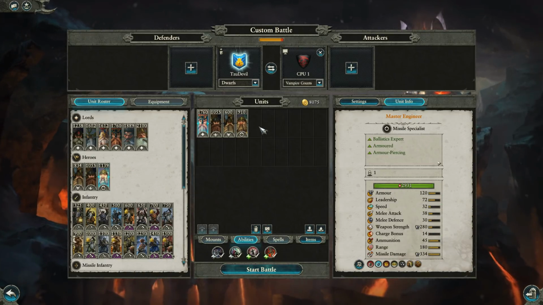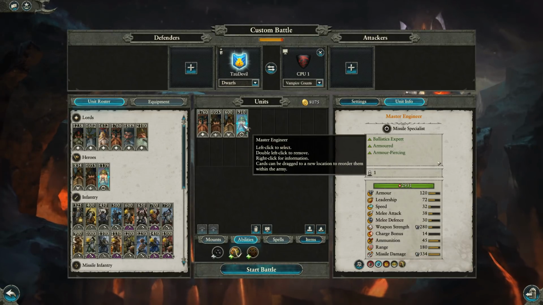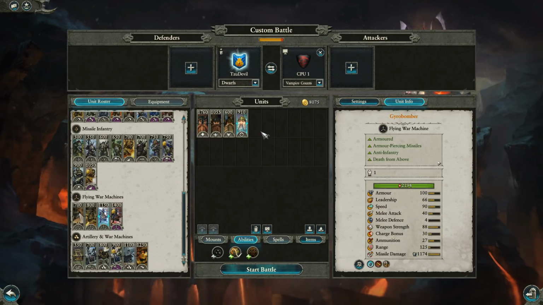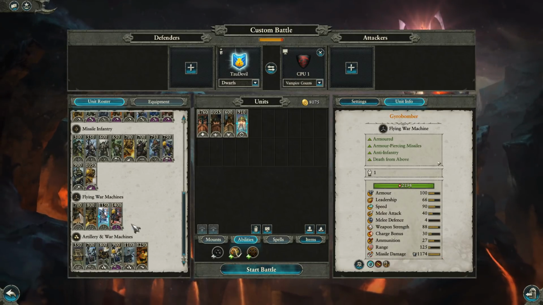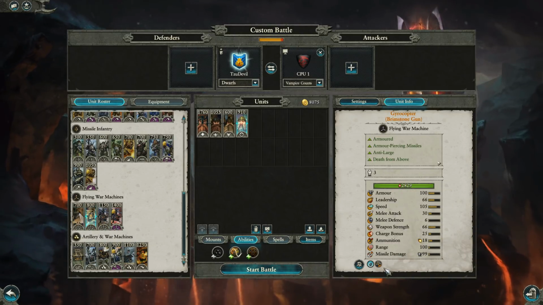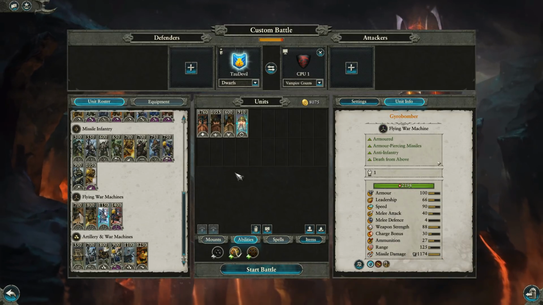And eventually, I can't remember who suggested giving the Master Engineer the chance for a gyrocopter mount, but boy, oh boy, would that be awesome. And gyrocopters, by the way, they should have perfect vigor. They should never get tired. But anyways,